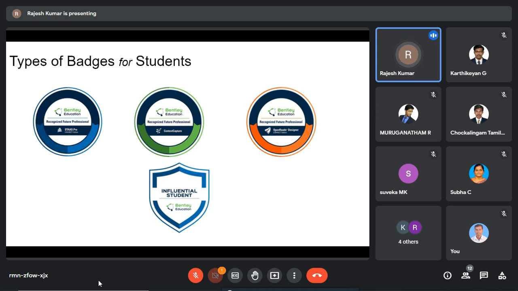Now it is going to come anyway, so it will be very competitive for faculties to handle all these things. We need to plan a lot of activities.